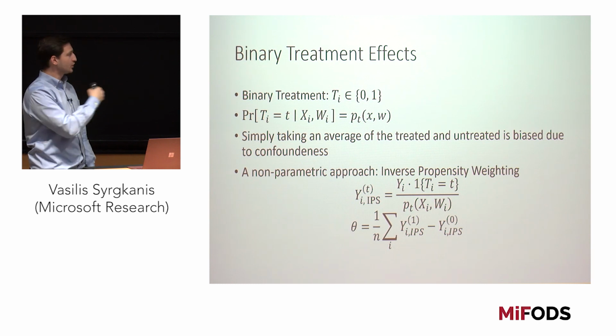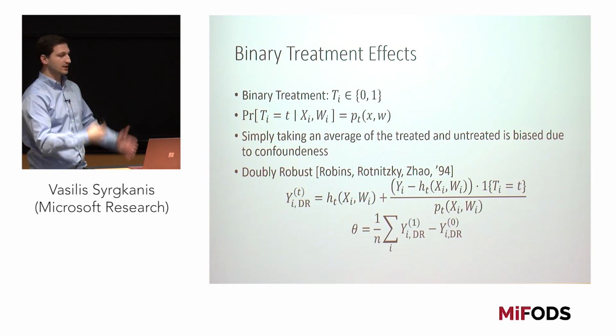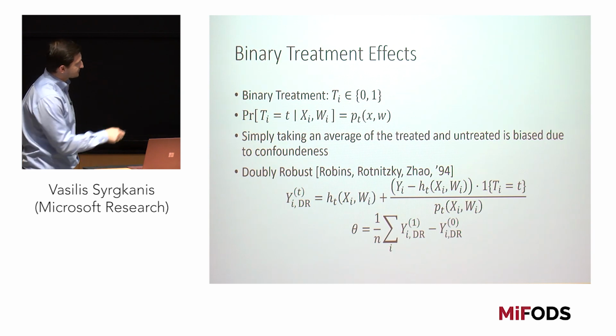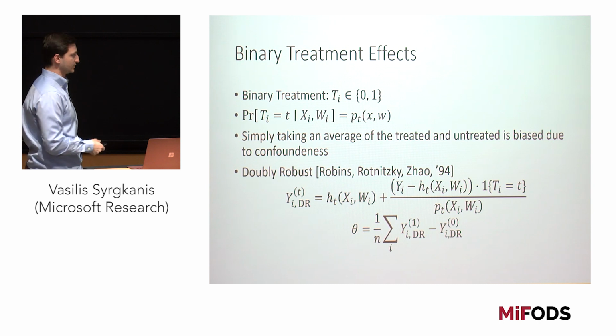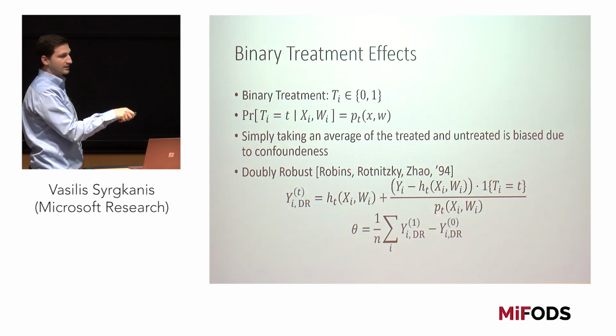So one way to resolve the drawbacks of the two methods would be to combine them, and this is the doubly robust estimator that dates back to early work of Robins and Rotnitzky and Zhao, where you basically fit both a propensity model and a direct regression model. So you try to predict the counterfactual outcome based on a regression model, but then you try to debias that. You say, okay, but whatever is not really well explained by the regression model, which is this residual, I'm going to do an inverse propensity correction to it.